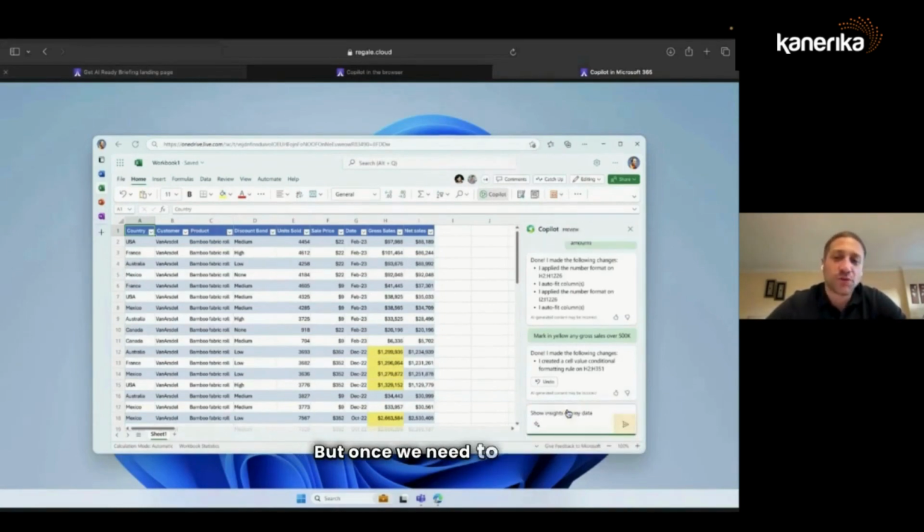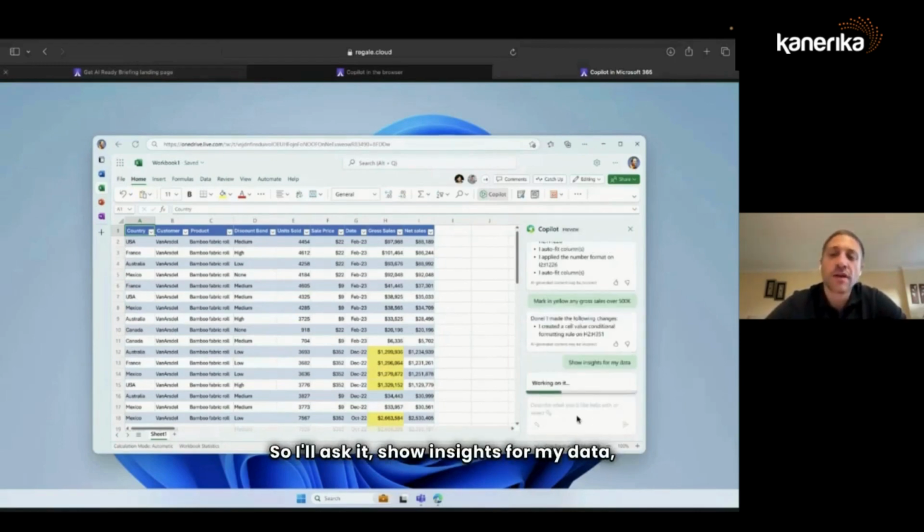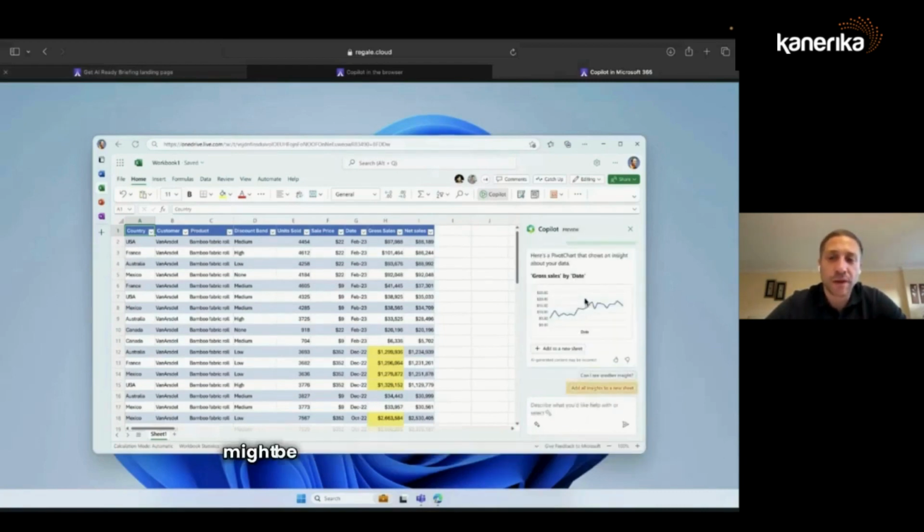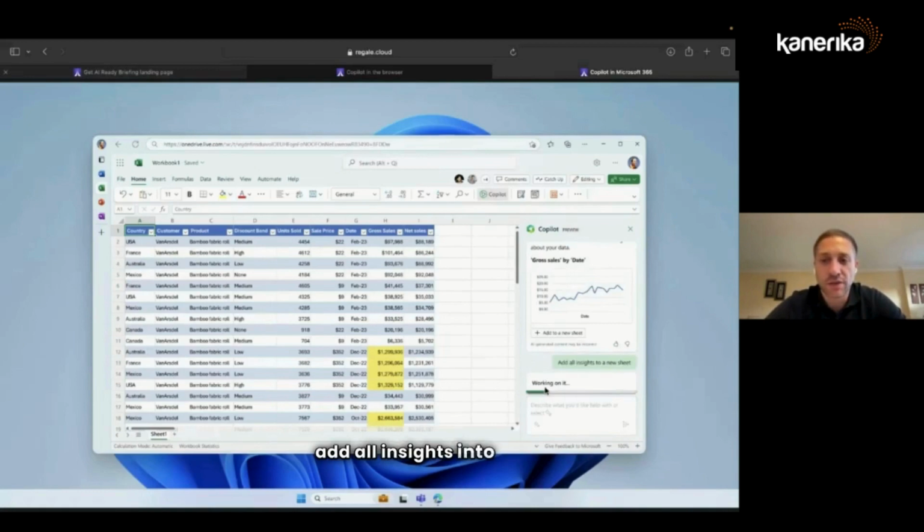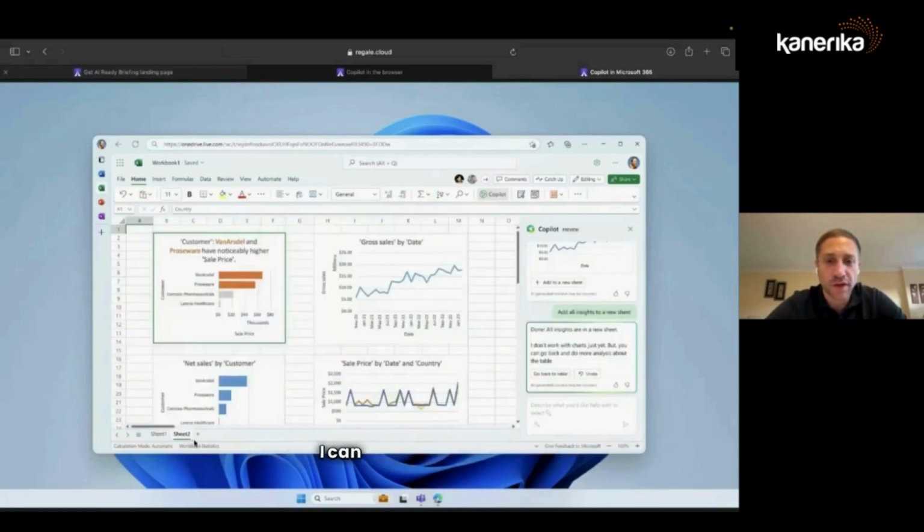But once we need to start getting into data and insights and pivot tables, here's where the power comes in. So I'll ask it, show insights for my data. And it's going to create all the different cool graphs that might be possible for the data that you're presenting. And then you can just tell it, add all insights into a new sheet. In that case, it's going to create a sheet number 2 with really cool graphs that I can look into